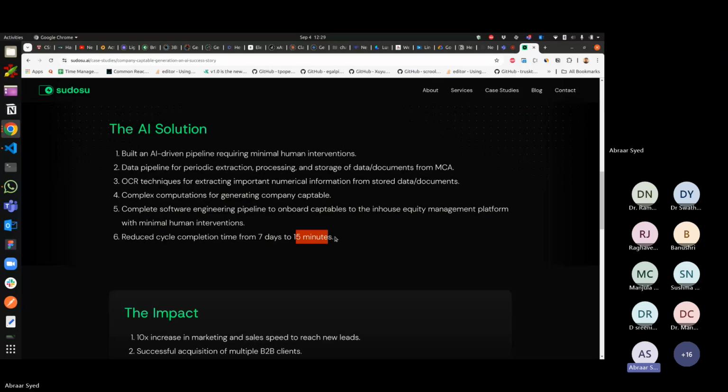After that, the important part was that all the data we got from MCA was actually in PDF or image formats. Now, how do we convert that into textual data? Because we wanted numerical data extracted out of these documents. So we used OCR techniques, and we evaluated a lot of models. The one model that worked out properly for us was ABBYY. We fine-tuned it further to achieve this task. So this is one of the applications of intelligent workflow automation.